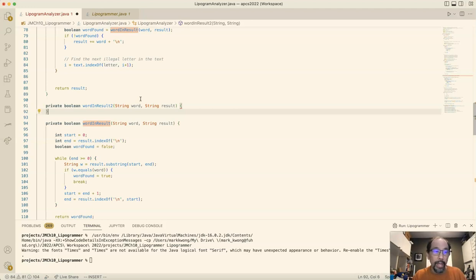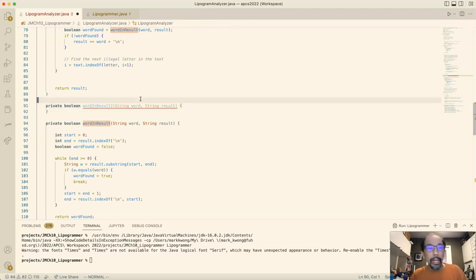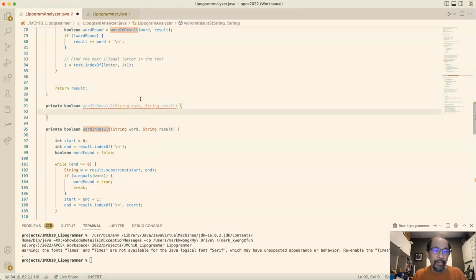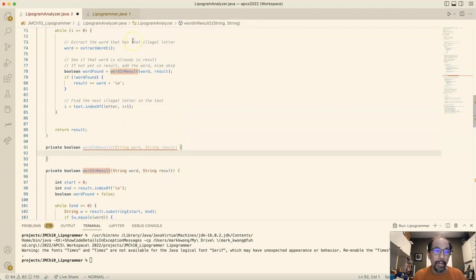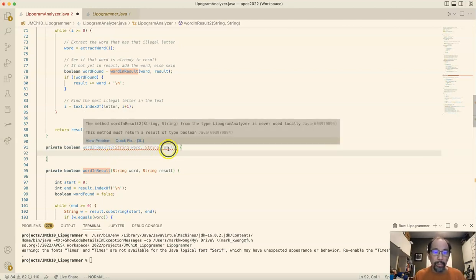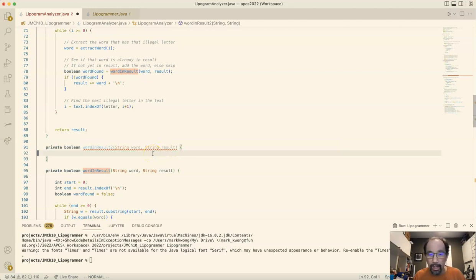So I'll just give it a new name, and I will use it in replacement of this one up here later on when I'm all done. But the other way of checking to see whether the word is within the result is to use the index of. But there's a little trick in doing that, because if you think about the text, the result, it's going to look something like this. Word 1,